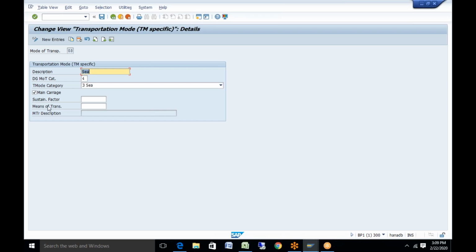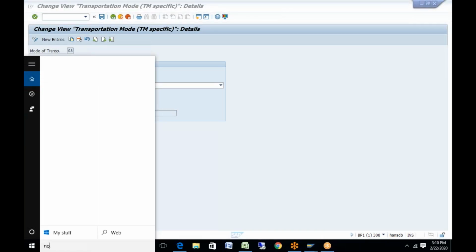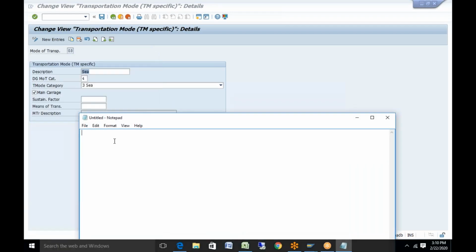Means of transport is not mandatory. This parameter indicates the means of transport you are going to assign to a mode of transport. Generally we keep this blank. The relation is, if you just note this, it will be helpful. When you are creating your means of transport, you assign your mode of transport in the configuration.